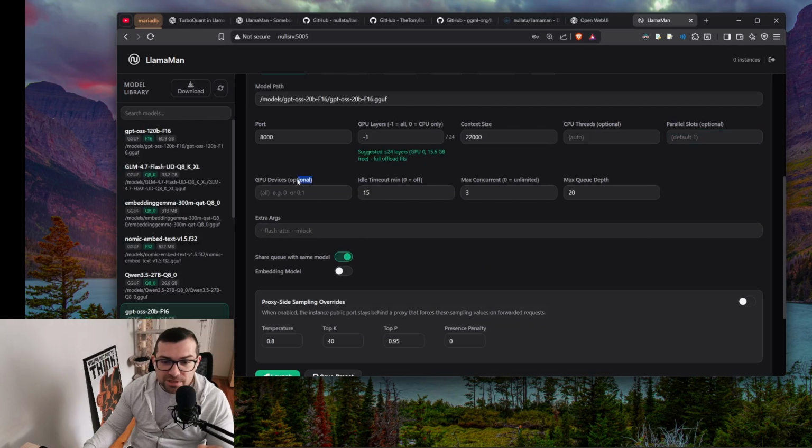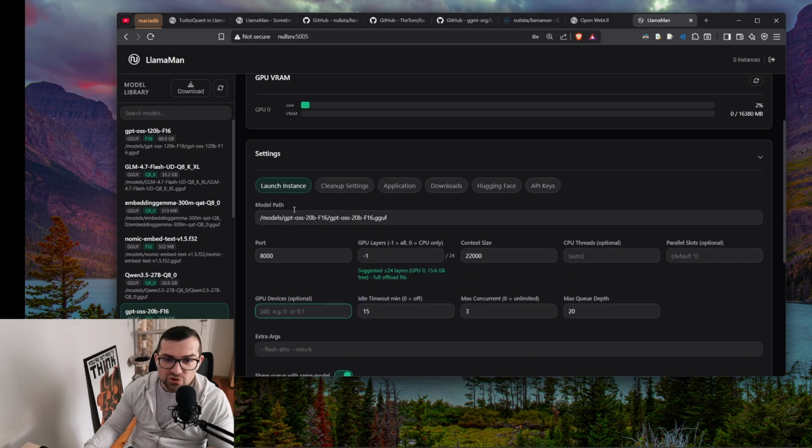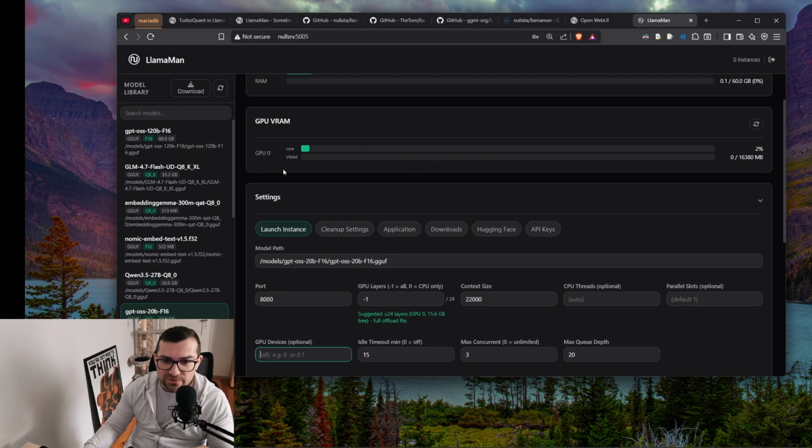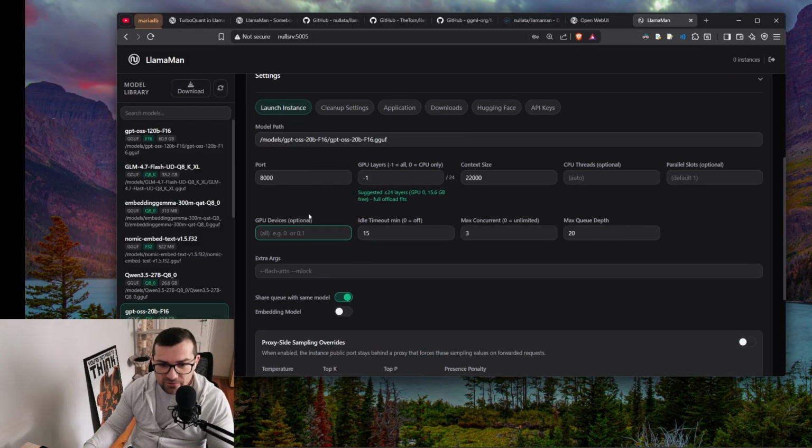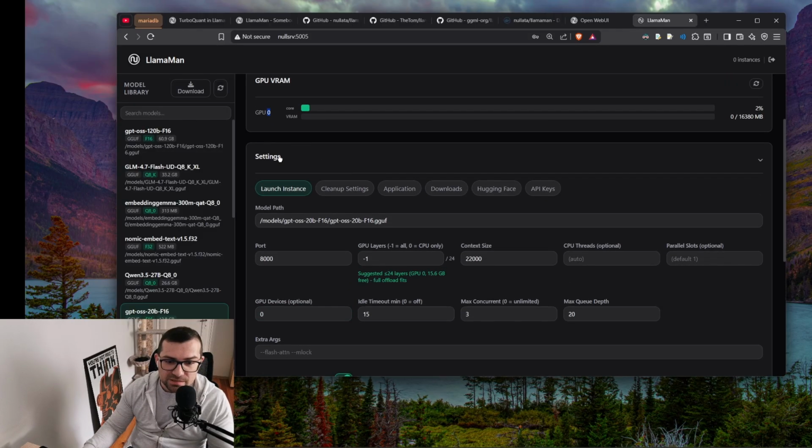So then we have the GPU devices, which you can specify. In this case, if we don't specify anything, it's just going to try to use all available GPUs. If you have more than one, it's going to be a list: GPU 1, GPU 2, and so on and so forth. So right now I have one, but I can also specify 0 for the identifier of this